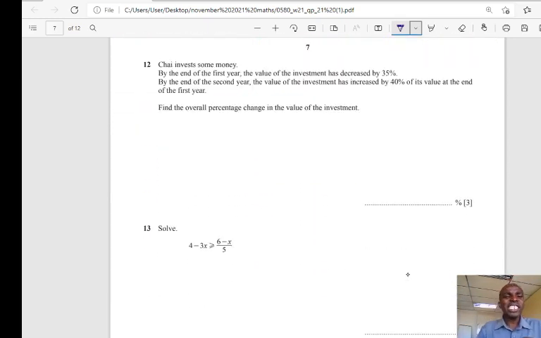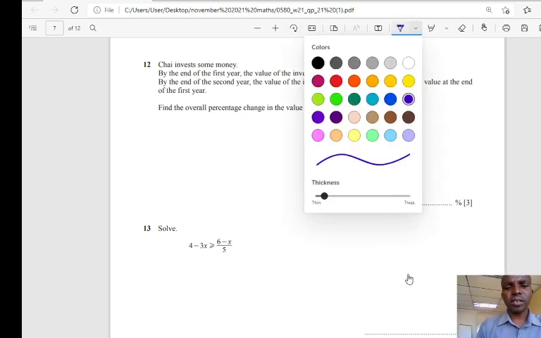A child invests some money. By the end of the first year, the value of the investment is decreased by 35%. By the end of the second year, the value of the investment is increased by 40% of its value at the end of the first year. Find the overall percentage change in the value of the investment. Right, what you do here is,